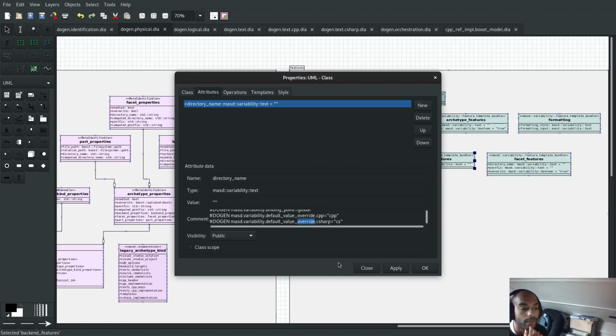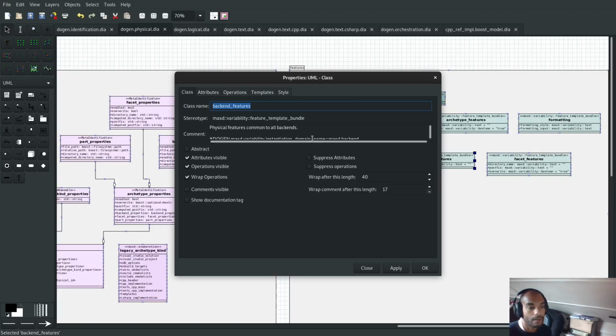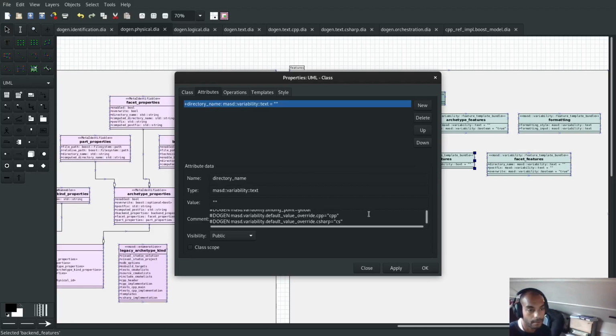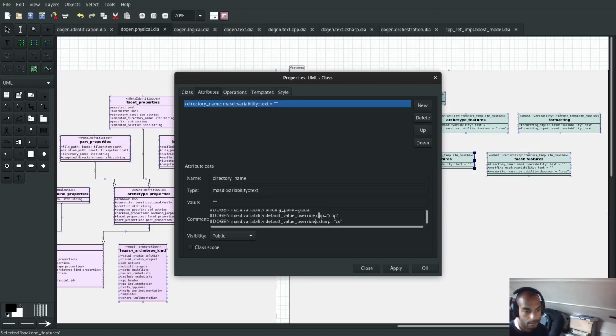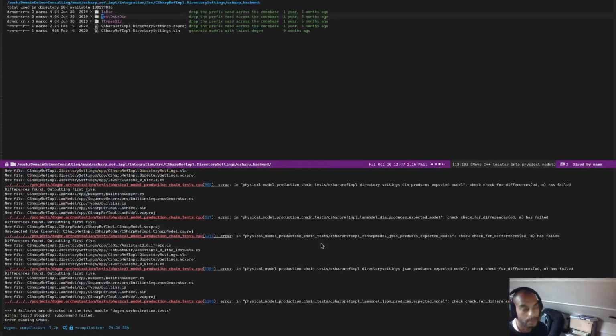So one would have thought that when we're processing this specifically for C#, we would get the override. And this would be under mas.backend. So this is the template expansion over the backend, correct? And this will give us the override CS or CPP. Now, that's not happening. So what we now need to do is we need to go back to the model